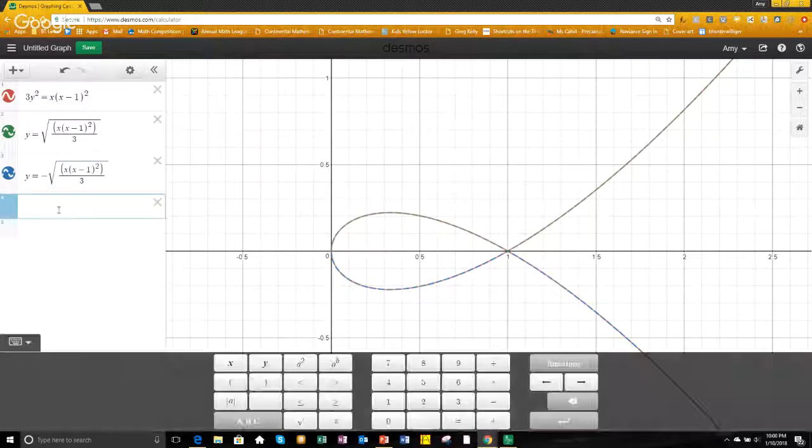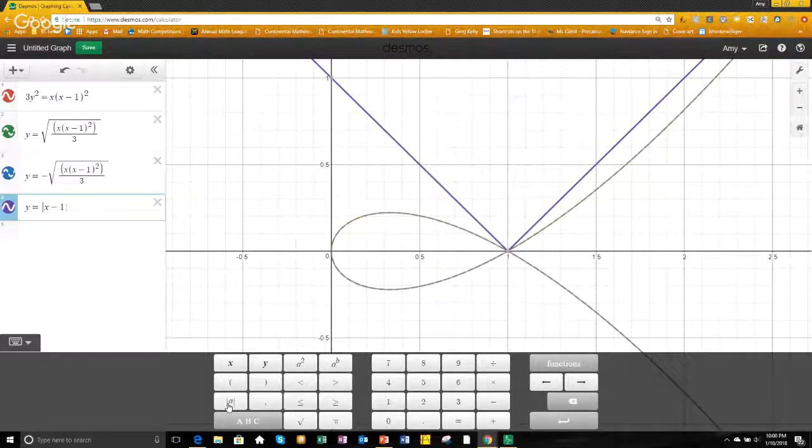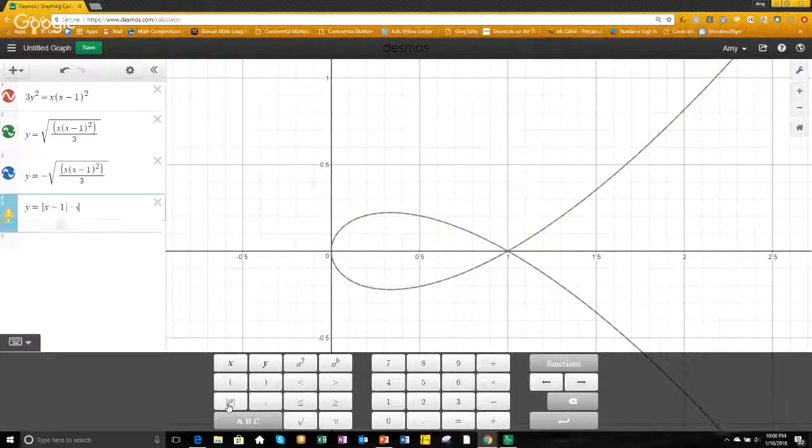Now let's see if I use the absolute value bars, whether they're the same. So that would be y equals, let's try this, absolute value of x minus 1 times the square root of x divided by 3. Look at that, it matches. So when you take the x minus 1 quantity squared and you take the square root of it,